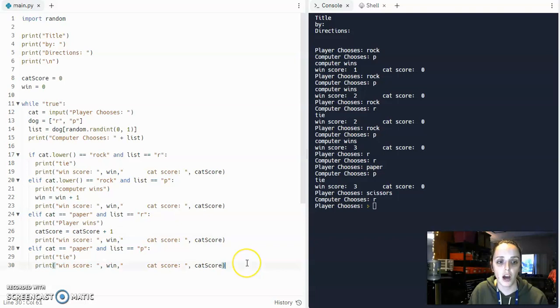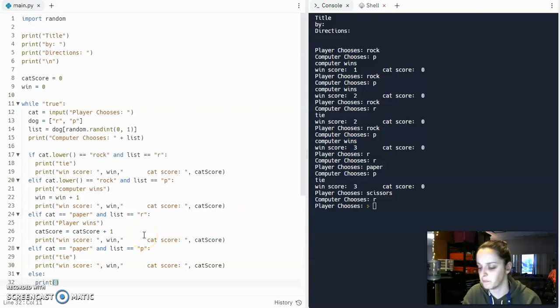So I'm going to do stop, and I'm going to go ahead and add in my else statement right now before I worry about trying to figure out how do I get it to stop at 3. My else statement, I don't specify what it is. It's everything that's not specified up here is the else. So if that happens, I want it to print and say